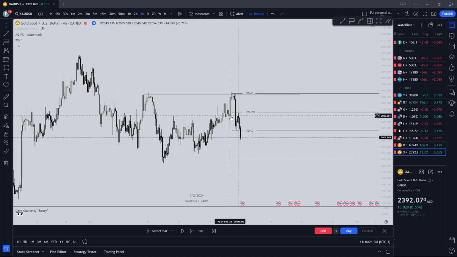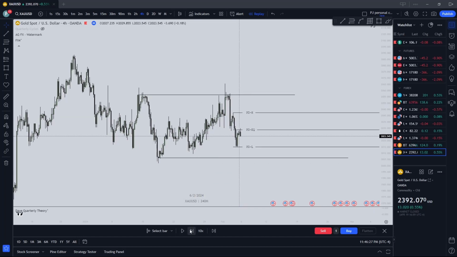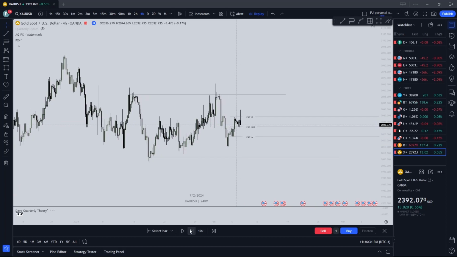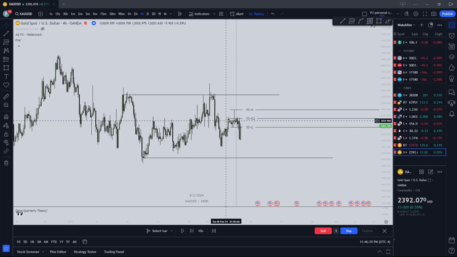Come into the breaker, leave our fair value gap open, and continue to the downside. Break this low, come up into the fair value gap again, range. And you see how within this candle, or even with this 4-hour candle, how we close within,